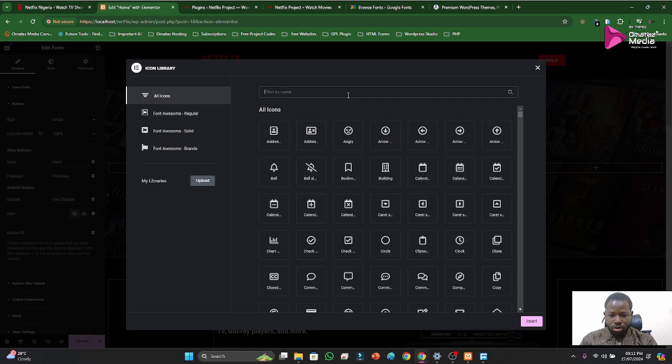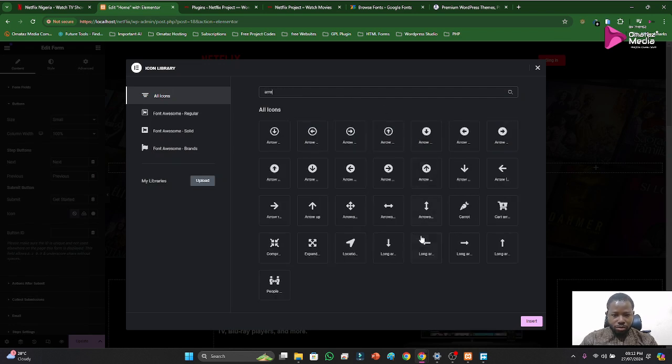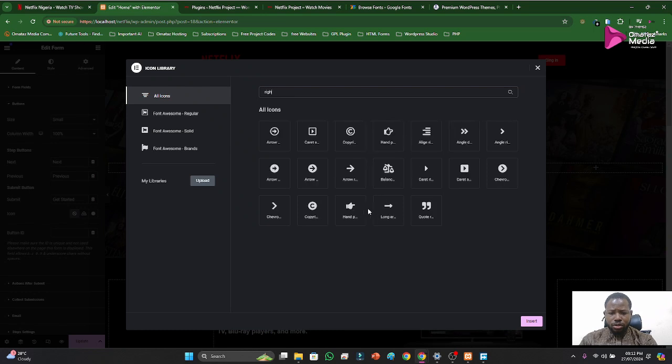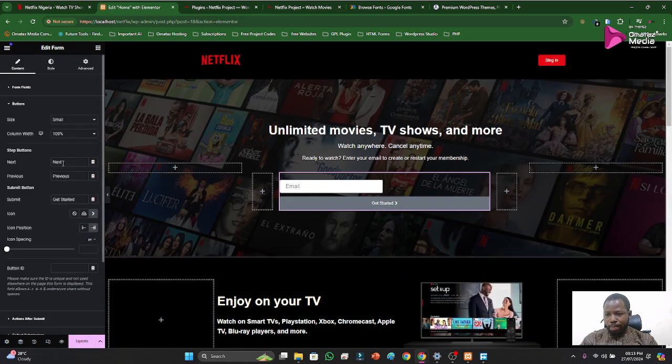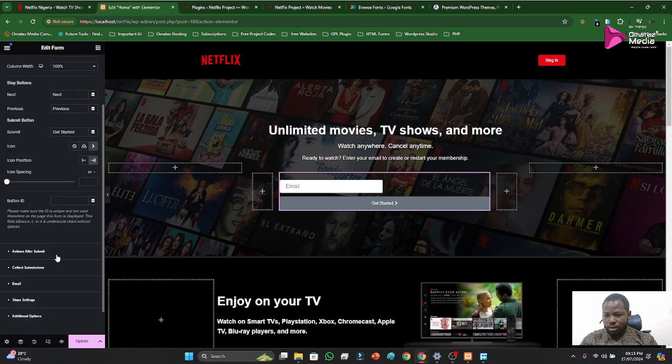So arrow icon. So we needed an arrow right icon. So let's say right. So this is the icon I'm actually looking for. So I want the icon to be at this other end, right? So I'm say get started, and then